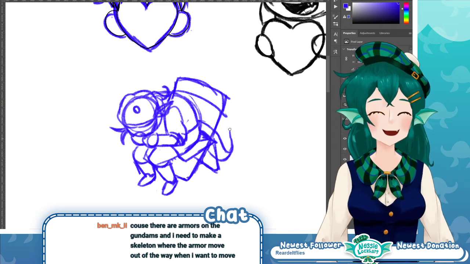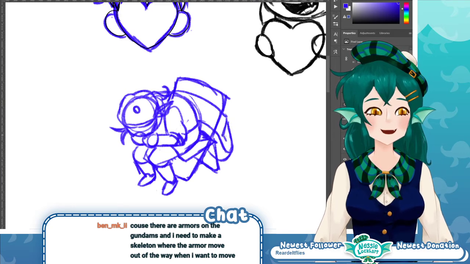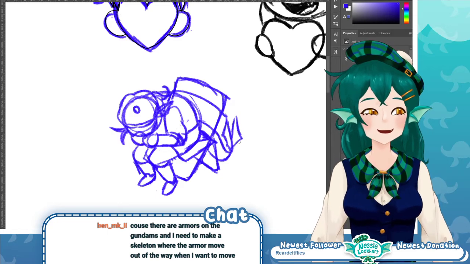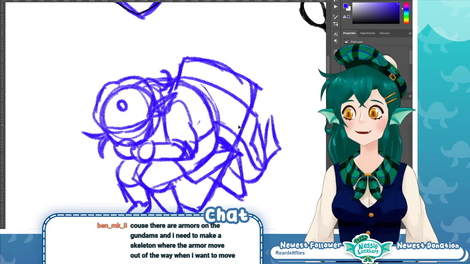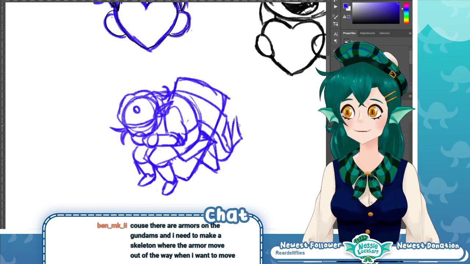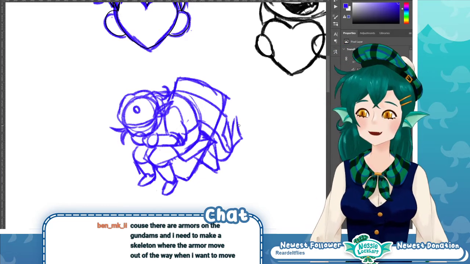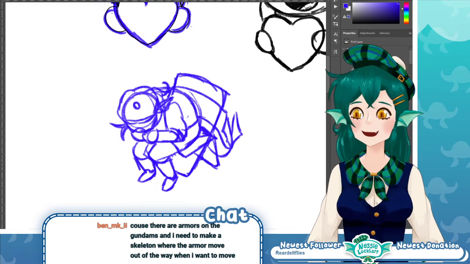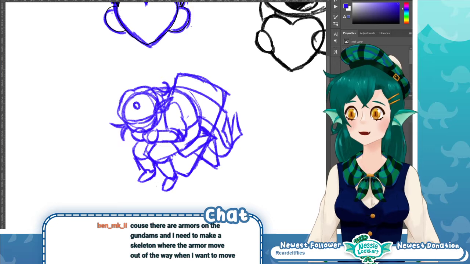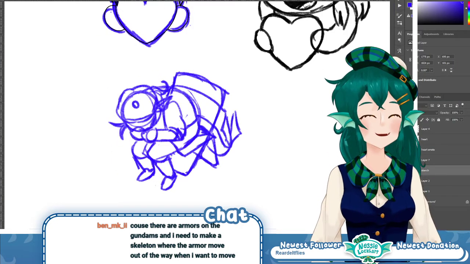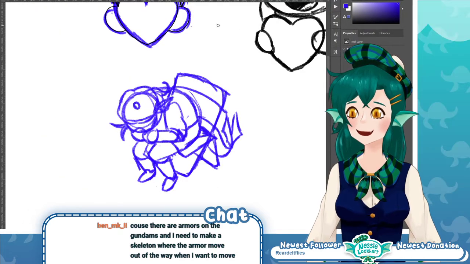But Live 2D doesn't really work with skeletons. It's not like a puppet sort of animation program. Everything is usually done with movement and the warp tool. Maybe I'm just a noob, but I don't know if they have a skeleton sort of... Photoshop, I did not say that you could full screen.